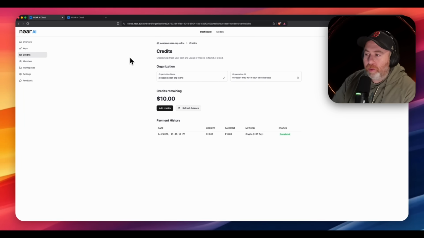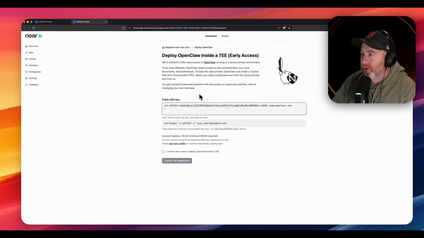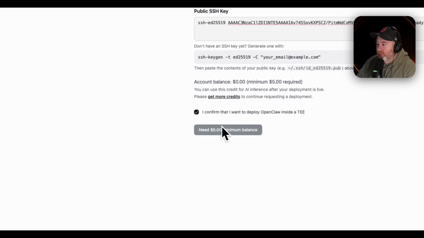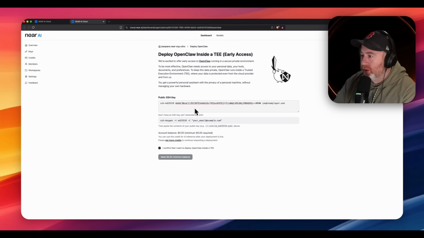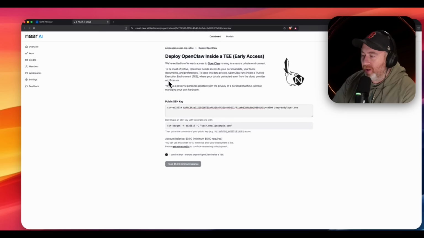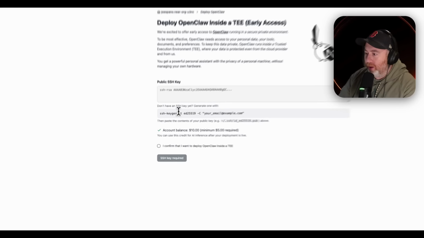Okay, so now let's jump into the invite for this. So now I have logged in. I have pasted in my key to get started. I confirm that I want to deploy this inside there. Oh, I probably need to refresh now that I have provided funds. Yep, I do. So now it says my account balance.